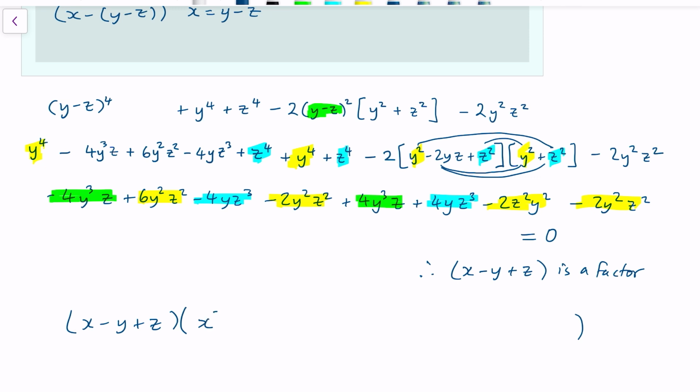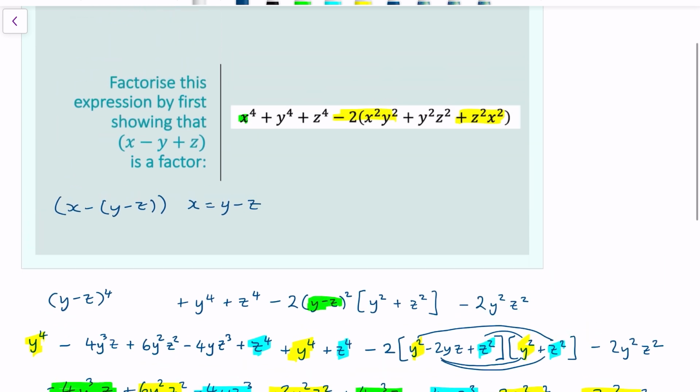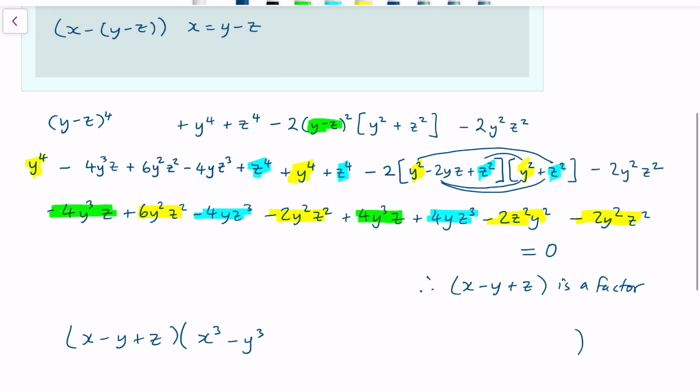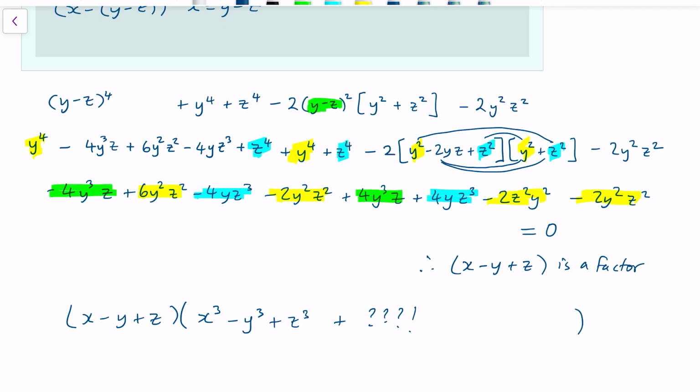I'll tell you the easy parts. It starts with an x cubed, because of course we need an x to the 4. We also need a y to the 4 in there, so there's probably going to be a minus y cubed in there somewhere. And we need a z to the 4, so it's probably going to have a z cubed in there somewhere. And I tried this in a previous recording of this video actually, and I got to 10 minutes and I was still trying to expand brackets. So